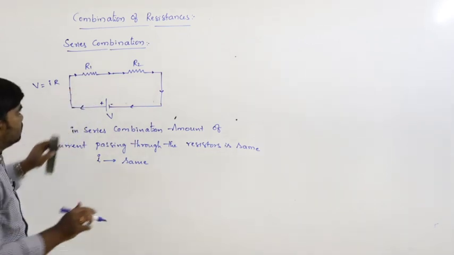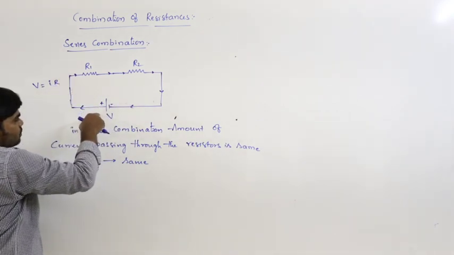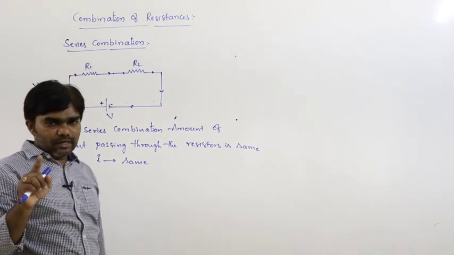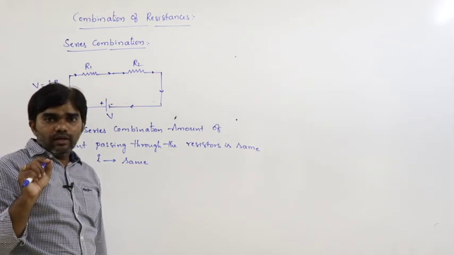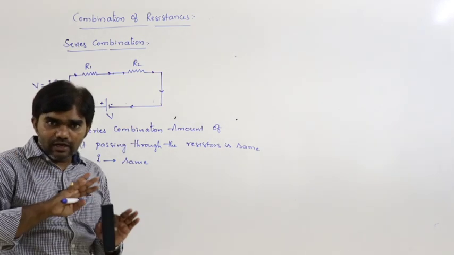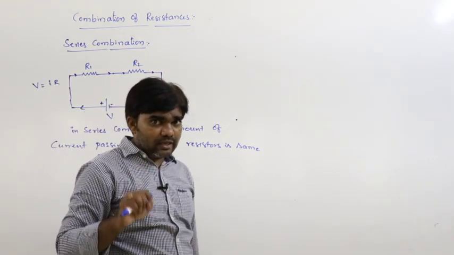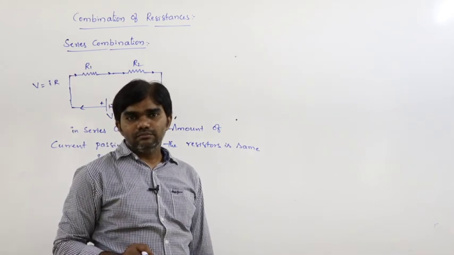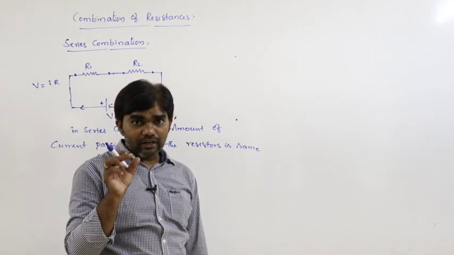In series combination, there are no junctions, only one wire, the total wire. So there are no junctions. That's why current does not divide. According to Kirchhoff's first law, later we can discuss that, where there exists any junction, then only current divides. If it is a single wire, current does not divide. So the same amount of current passes, and current does not depend on the area of cross section. If the area is more or less, current remains constant, and charge flow also remains constant. Whatever the area of cross section, current flow remains constant.